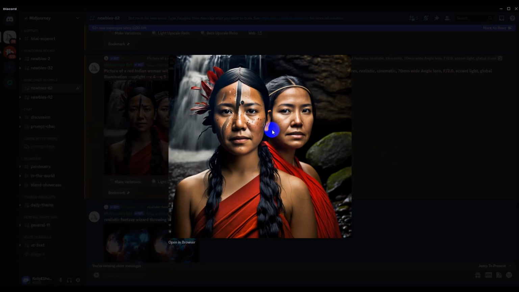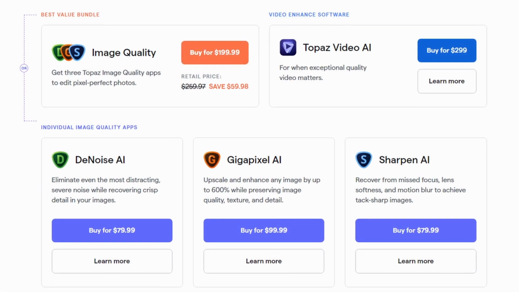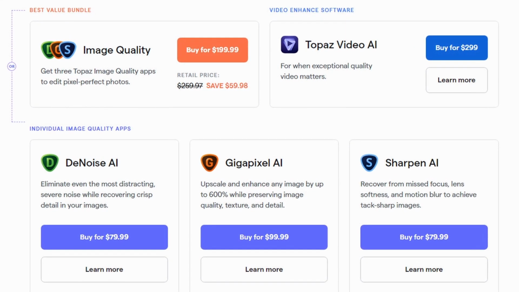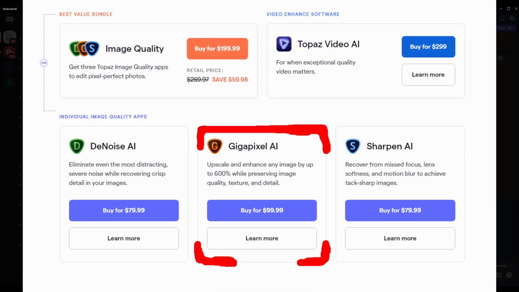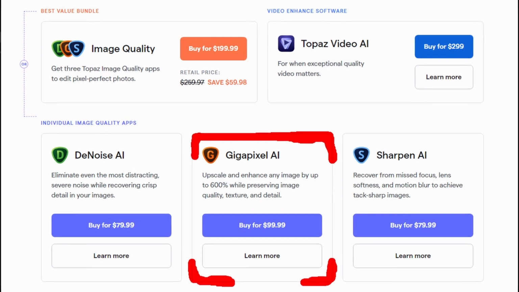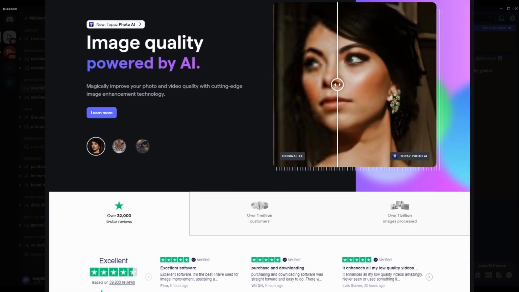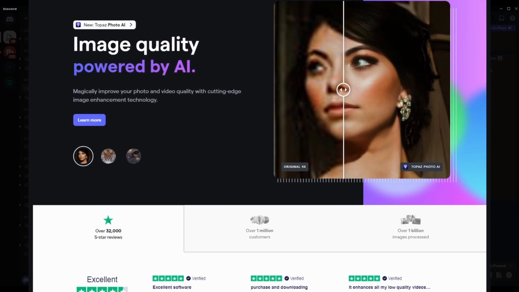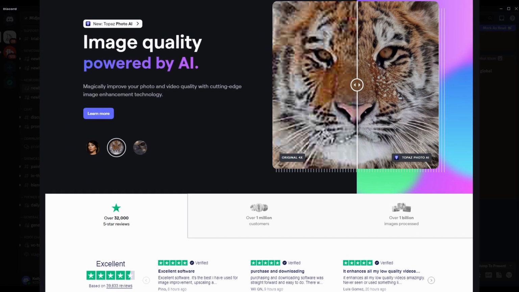But there is a program called Topaz. It is not free. You have to buy the program. That program, I'll show you a few images that I tried with it. It would restore the eyes perfectly.